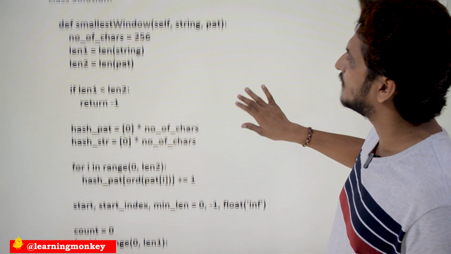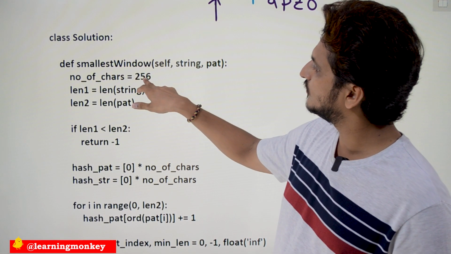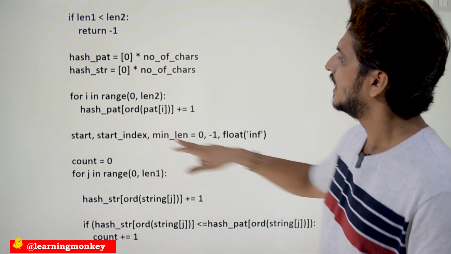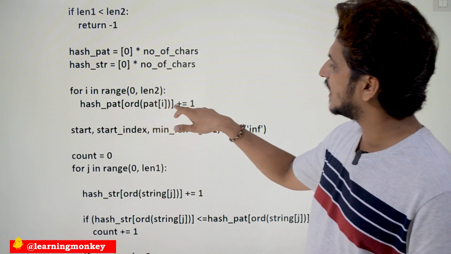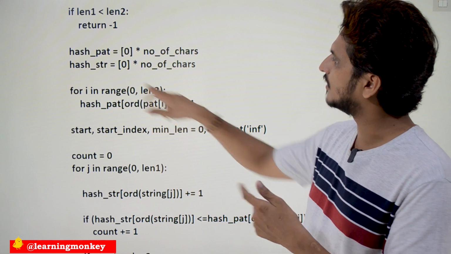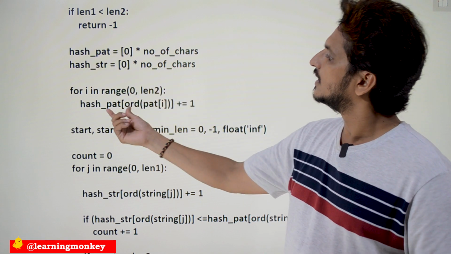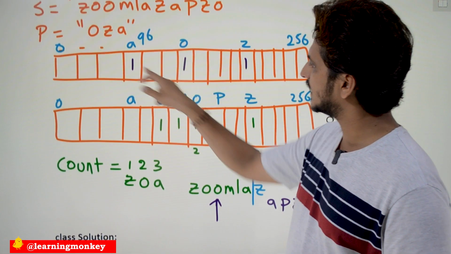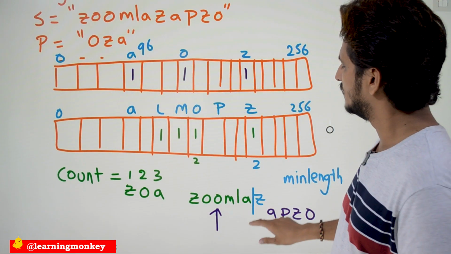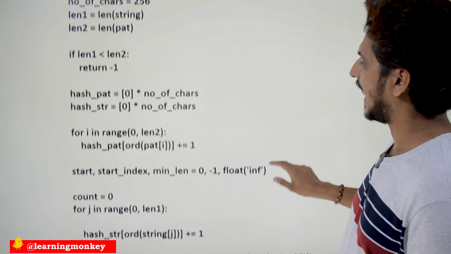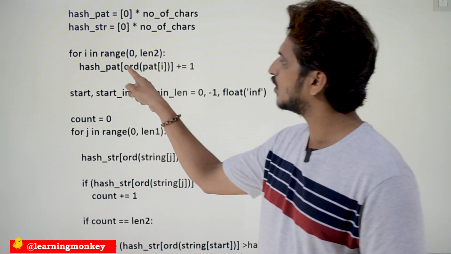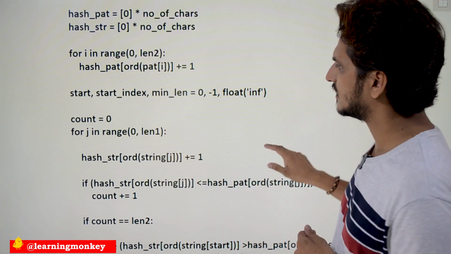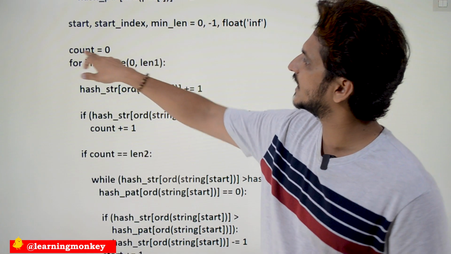Now coming to the coding part, see here. We are taking 256 characters, len1, len2. These are the two arrays we are going to take. And we are adding the character counts to the hash map, meaning for the P string we are adding the character values, identifying the ASCII value of the given character. ord is used to identify the ASCII value for the given character, and we are maintaining a count variable,